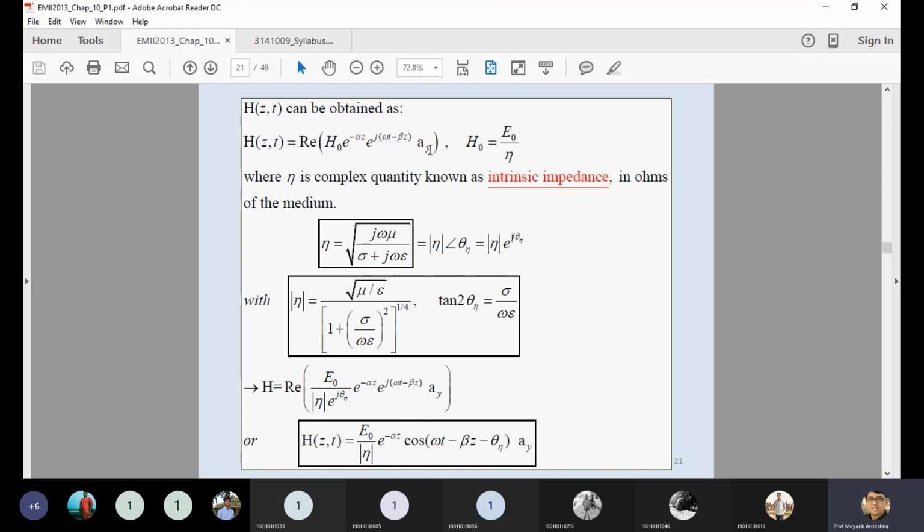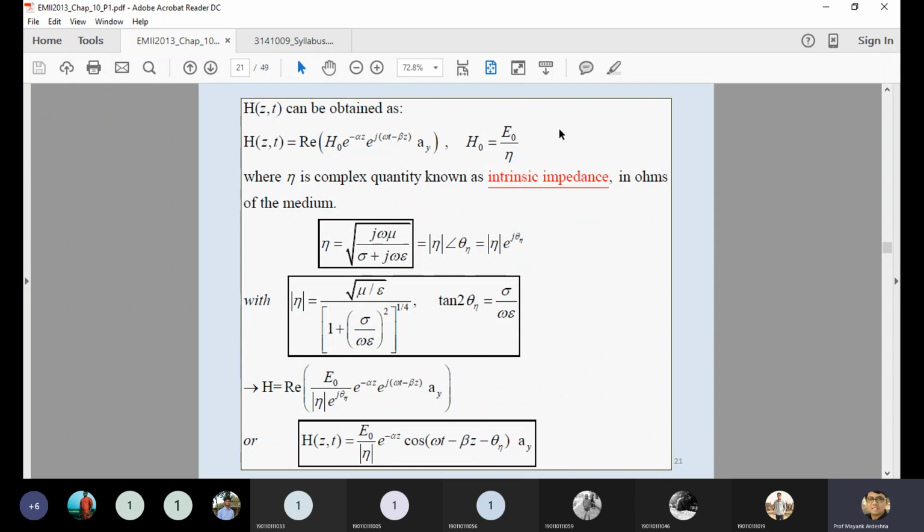Okay. So the intrinsic impedance, which is represented with eta, is equal to E0 upon H0. And if I take the ratio, you get 120 pi. So if you are transmitting any wave in free space, it also has some impedance, the intrinsic impedance, which has a value of 120 pi. Later we will discuss how you can identify it as 120 pi. But right now, just consider eta equal to E0 upon H0.